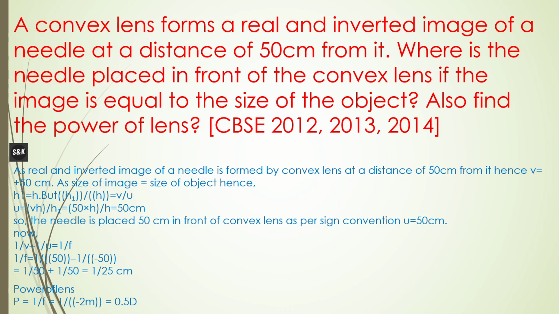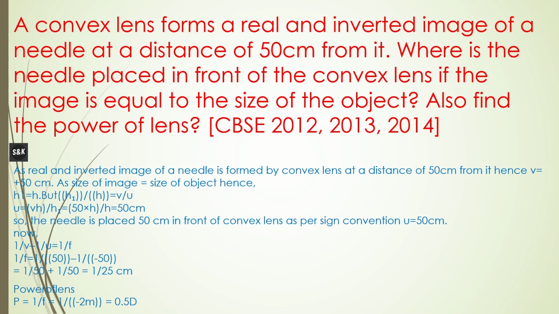Next, a convex lens forms a real and inverted image of a needle at a distance of 50 centimeters from it. Where is the needle placed in front of the convex lens if the image is equal to the size of the object? Also find the power of lens. As a real and inverted image of a needle is formed by a convex lens at a distance of 50 centimeters from it, hence the image distance